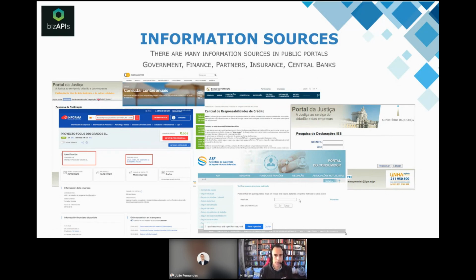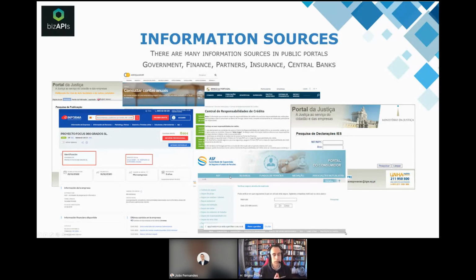This can be government, finance, partners, insurance, central banks, that have information that many times in this KYC process, or KYB, know your business instead of know your customer, when it's for example a credit or a digital onboarding for a corporation, the companies are basically asking the clients for information that they can get online, things like with a company's ID, you can get the official name, the address of that company.